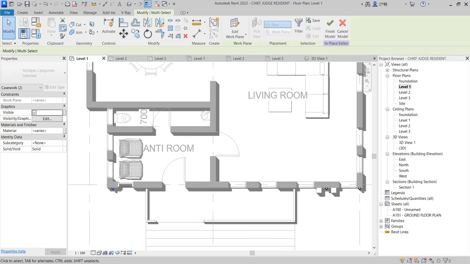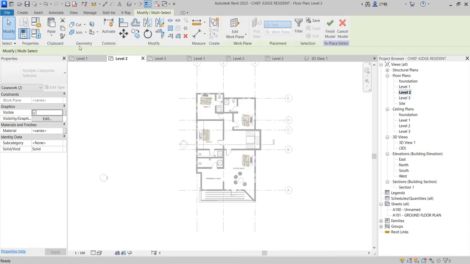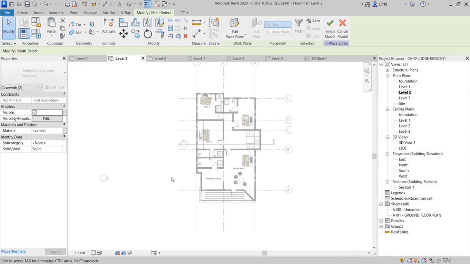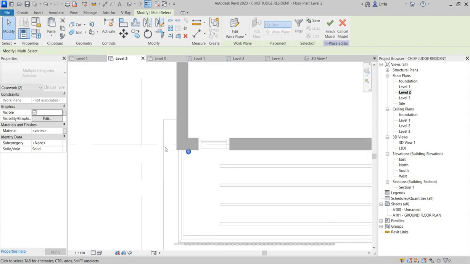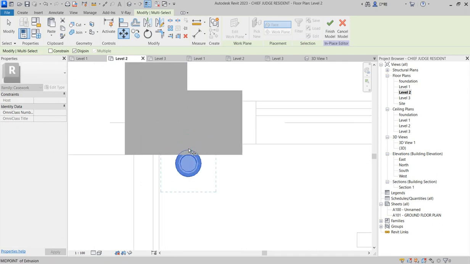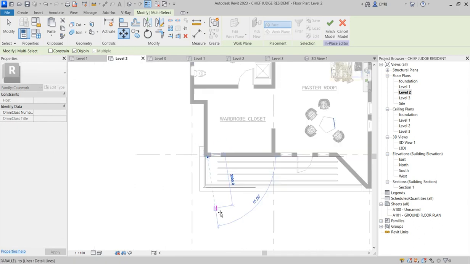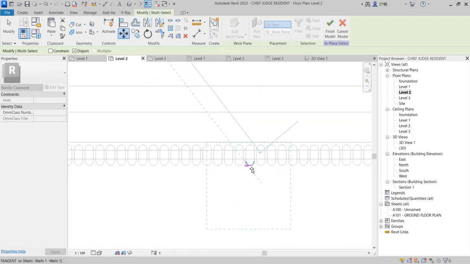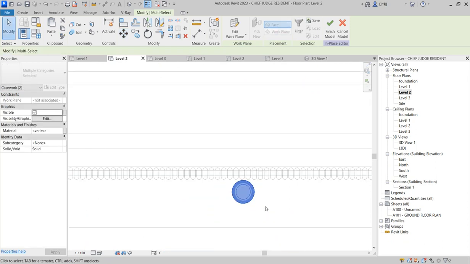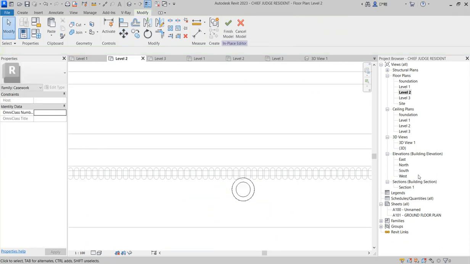So copy this and say copy to clipboard, then go to level 2 and say paste to this level, paste to current view. So at this junction you move entirely, you come to this place and place it at the forefront where you can see and manage the lights on your home. So now when you go to your 3D,